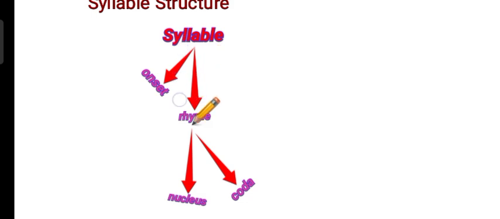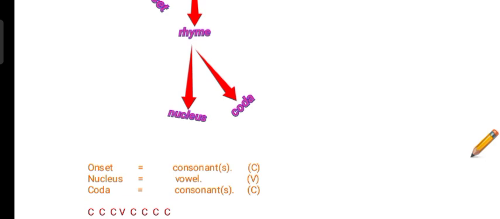Now it is not necessary that each and every syllable must have these 3 parts. There may be syllables which may contain only nucleus. There may be syllables which may contain onset as well as nucleus. And there may be syllables which may contain nucleus and coda. And there may be syllables which may contain all of these 3 parts. Nucleus is the necessary part of a syllable, while onset and coda are the optional parts. These parts may be there and these parts may not be there. So we can imagine a syllable which contains only one sound, and this one sound may be the vowel, which is the nucleus of the syllable.